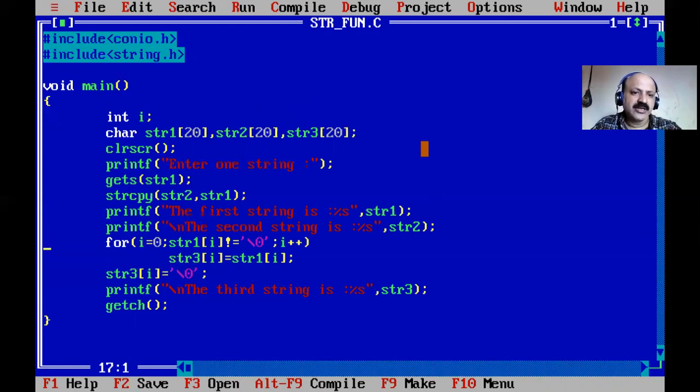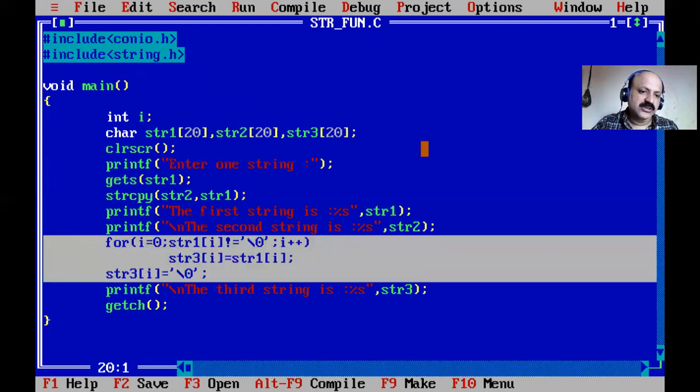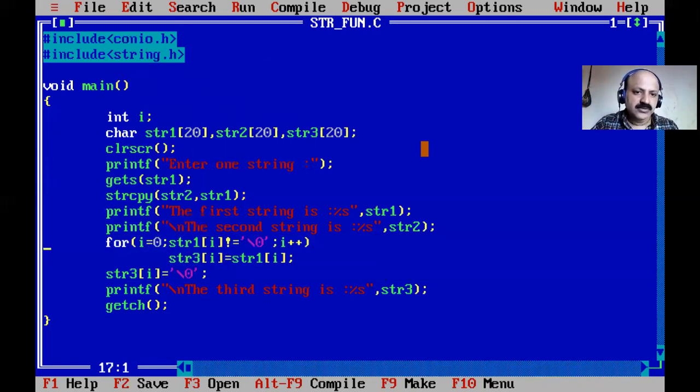In my upcoming video lectures, I will do everything without string handling functions: copy, compare, and length. We can also count the length ourselves. Yes, that is also possible. There is no error. So we can copy and develop our own logic. Yes, okay. So I think you can understand.